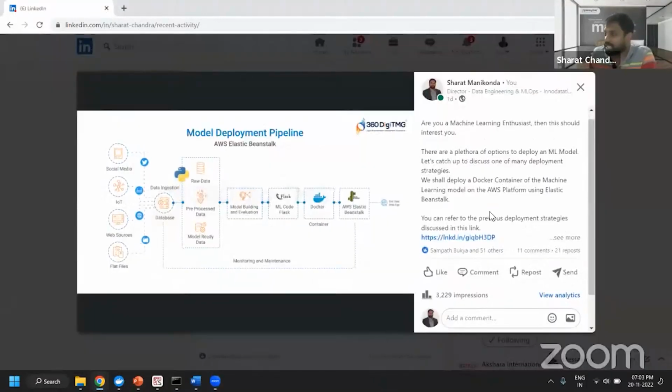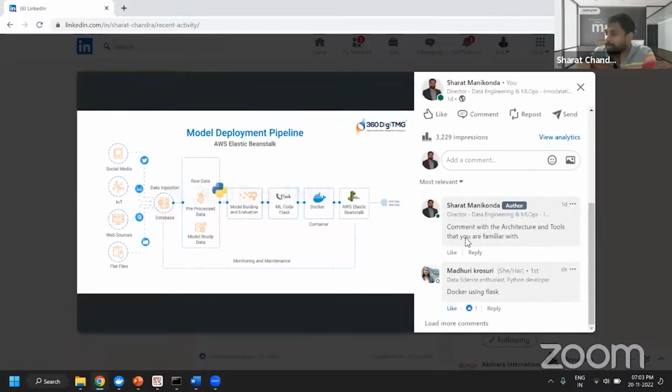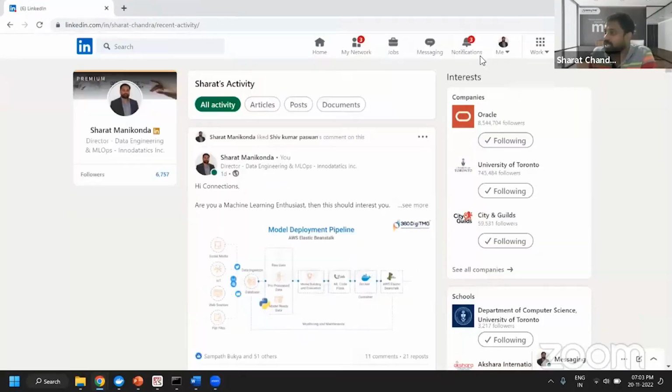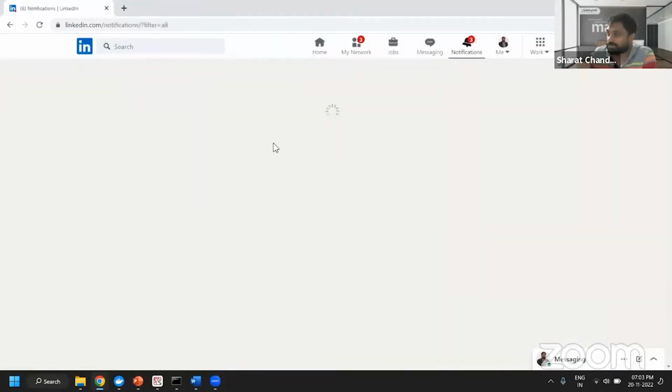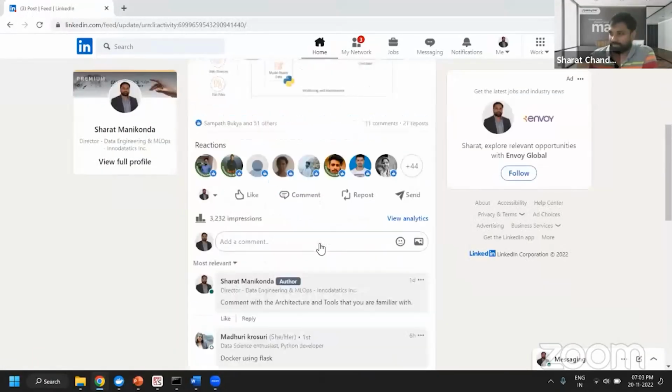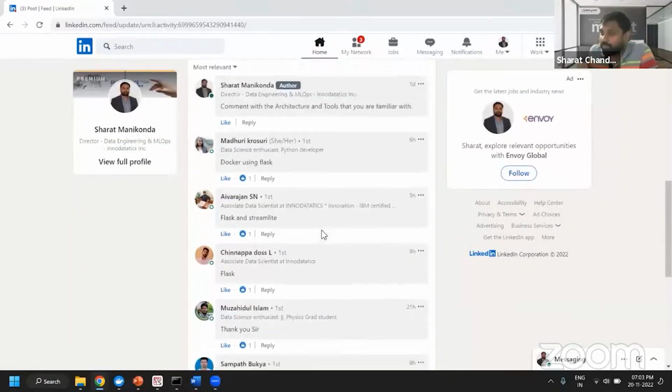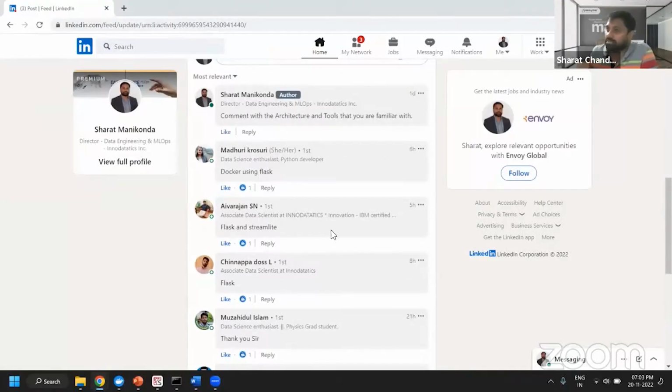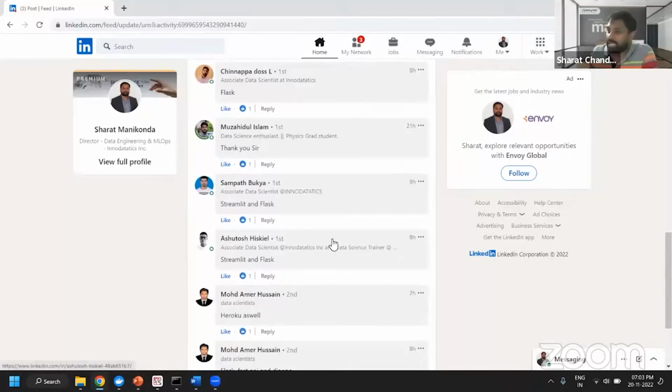Right, so let me try and see all the comments. I'm not able to see the comments. It's not loading here. Let me try and load from here. Yeah, so a lot of people have talked about Docker. People have spoken about Flask, Streamlit, Heroku,